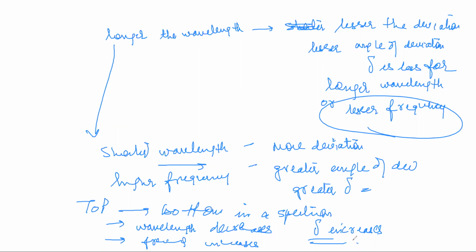Okay. Then one more point is there: angle of deviation depends upon the angle of prism also. More the angle of prism, more is the angle of deviation. So we've got these kinds of dependencies of a prism. I mean, for a light to be dependent on